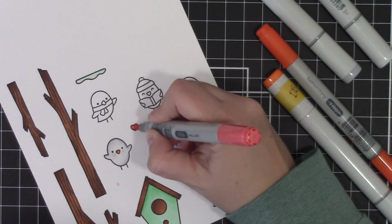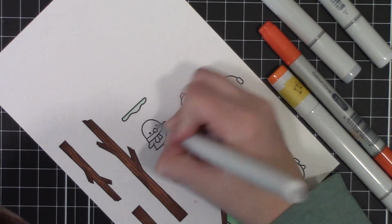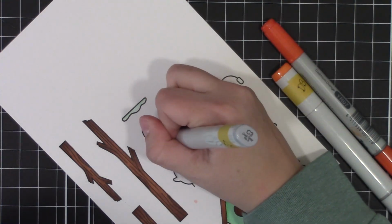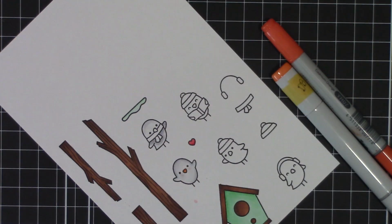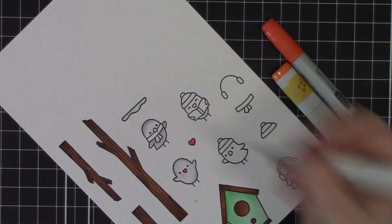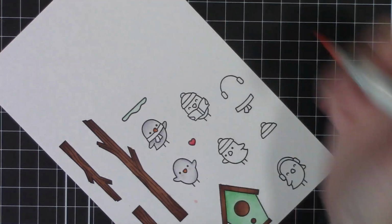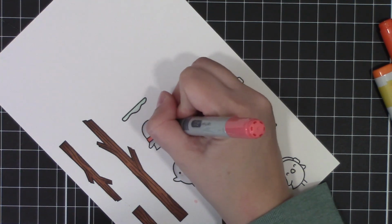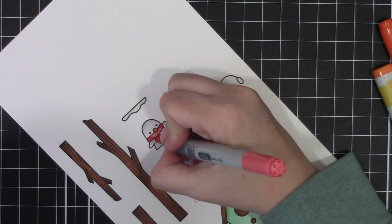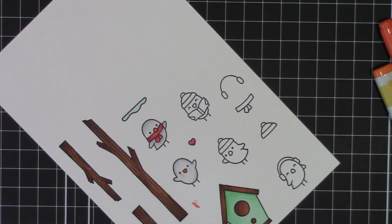I was actually kind of disappointed. I colored this cute little heart, already anticipating putting it somewhere. There's no die to cut that heart out. I don't think I even looked at the die set. I think it's intended to sort of stamp with the stuff and not be like everything else that you die cut out. I think I just assumed that there was a die for that. I could have hand cut it out, but again, I'm a lazy scrapper, so sometimes that's just not going to happen. So I just bounce around and start coloring in things that I am pretty sure that I'm